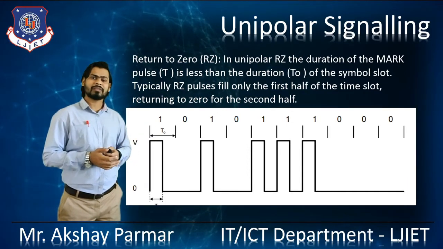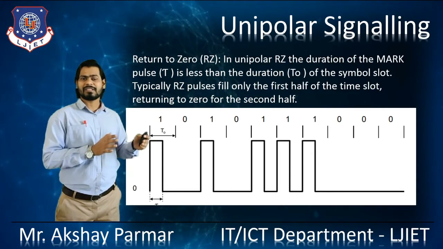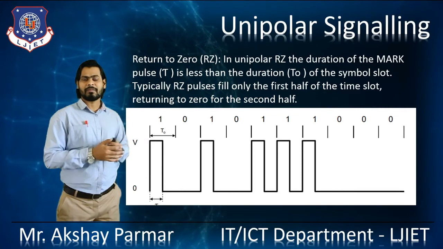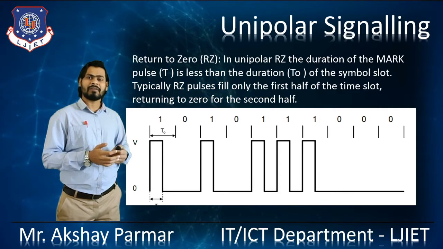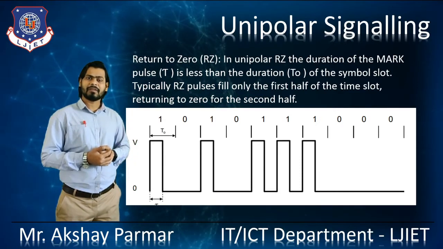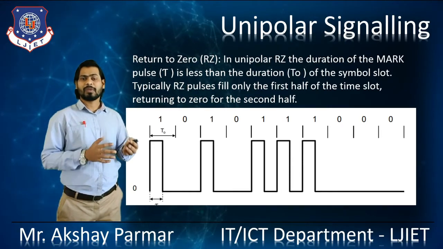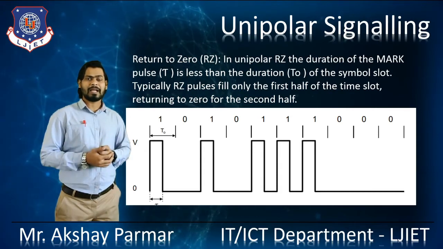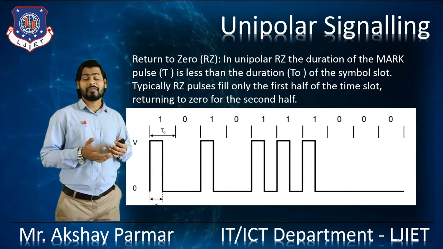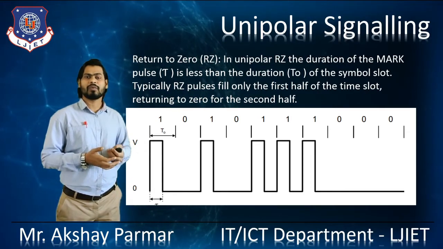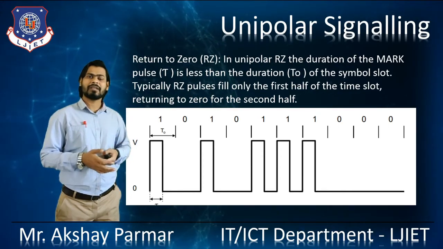After that, another 1 is there. So to represent the 1, the first half of the bit duration is taken to represent that bit. It will be high at the positive voltage, and after that in the second half it will return to the 0, right? After that, the 0 bit is there. So it is already at the 0 position. To represent the bit 0, we don't need any height, so it will remain at the ground level. In the second half, we are already at the 0 level and we need to return to the 0, they are already there, right? So that bit is also at the ground level.